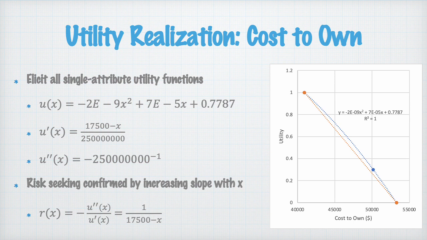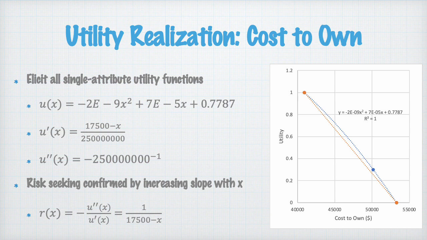We'll start with utility realization for our first attribute of cost to own. We'll start by eliciting all single attribute utility functions. By plotting the three utility values that we identified earlier in this presentation, we're able to fit a curve to those data points. We have a perfect fit with an r-squared value of 1 for a quadratic, and that quadratic